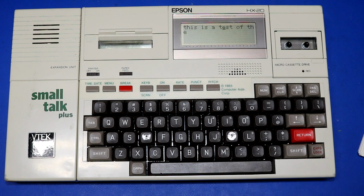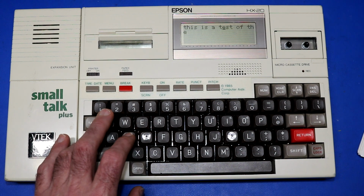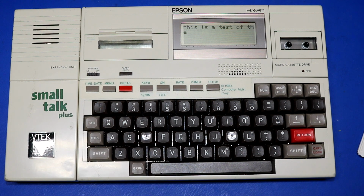Yeah, so Control K and J are up and down. So if we hit Control S, it'll read all the text. This is a test of the